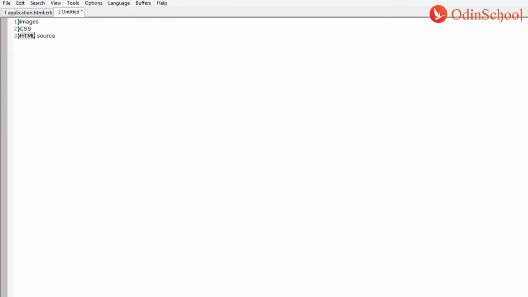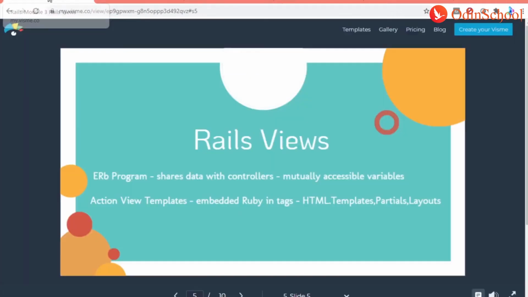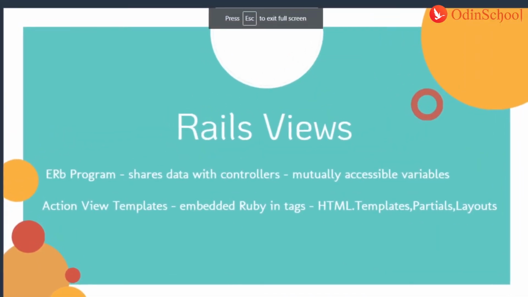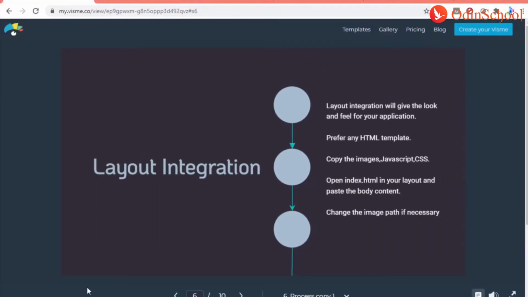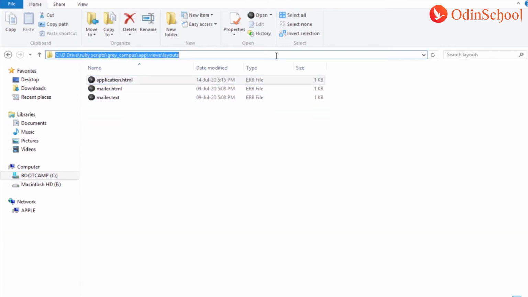Okay, so let me tell you the steps one by one. First of all, you need to prefer this kind of HTML template. Okay. Next one, you just open both the application as well as your downloaded folder at a time, so you can easily copy and paste the files. Okay, so let's get into the first step. I have opened my downloaded template and the corresponding current layout file here. Okay, so for the first step,